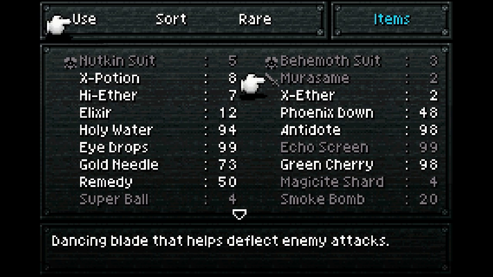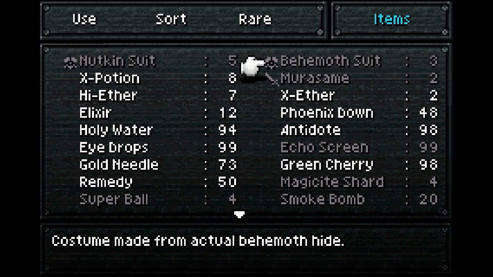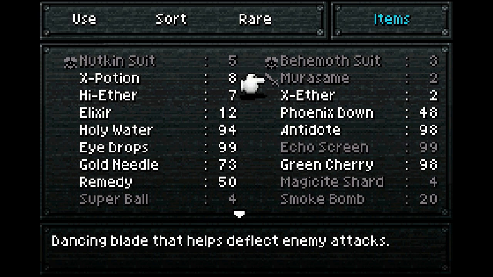One of those I picked up on the floating continent, and one of those I stole from a behemoth king while I was farming for the behemoth suits. So we have 2 weapons that we can give to Cyan, who, as part of an end game build, is going to end up becoming our dual wielding death dealer, basically, because he's going to have 2 swords,